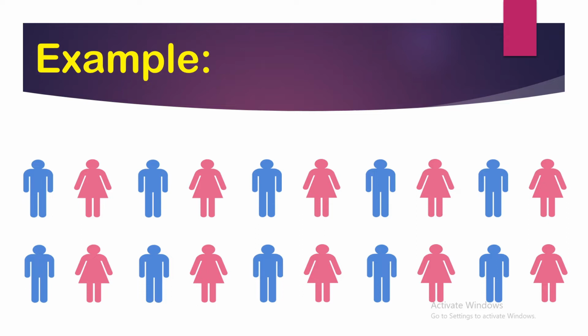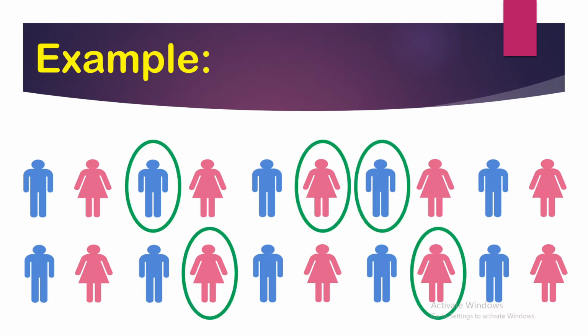An example here is this one. Say for example, we have 20 members of our population. Using random sampling, we can choose any 5. So we can have these members. One best example of this random sampling is writing the names of the members of the population on pieces of paper and then rolling these papers, putting them inside a box or a hat. Then, without looking at the names written on those pieces of paper,